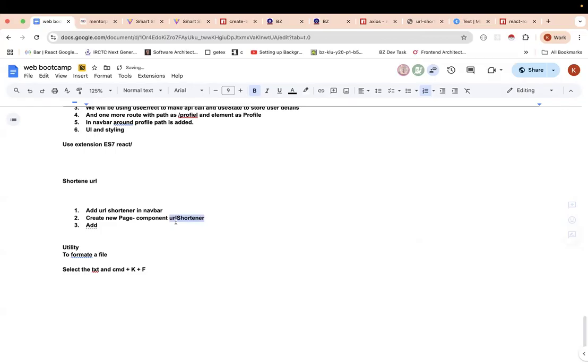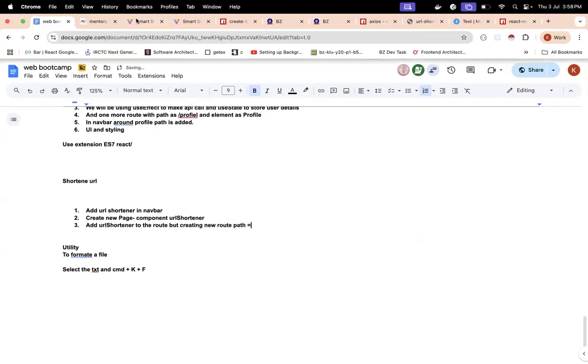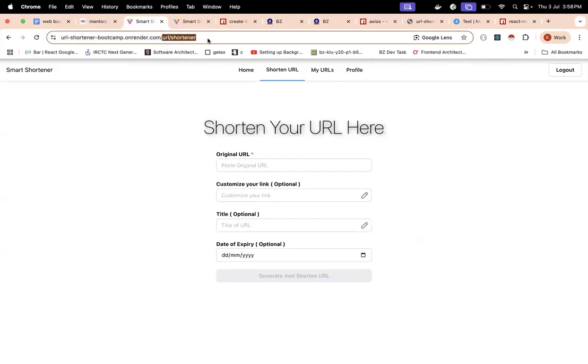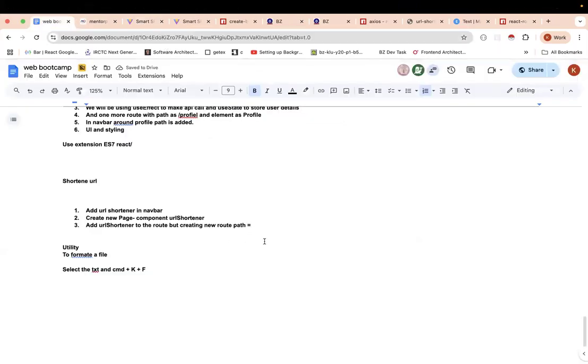Add URL shortener to the route by creating new route, right? Where basically path is going to be, if I see over here, you see the path is URL shortener, and element is going to be URL shortener,